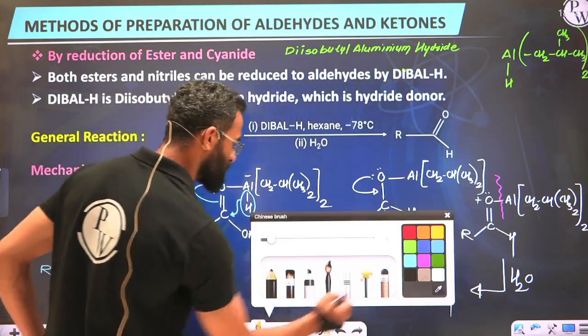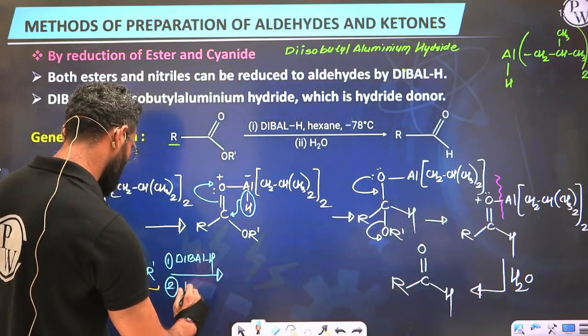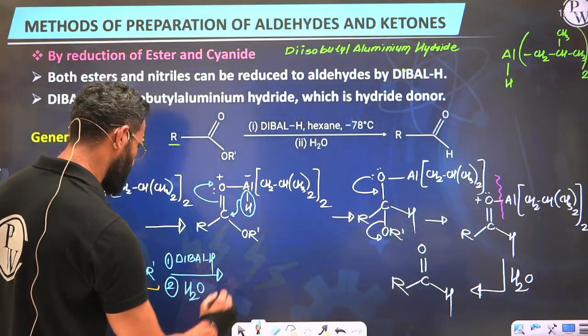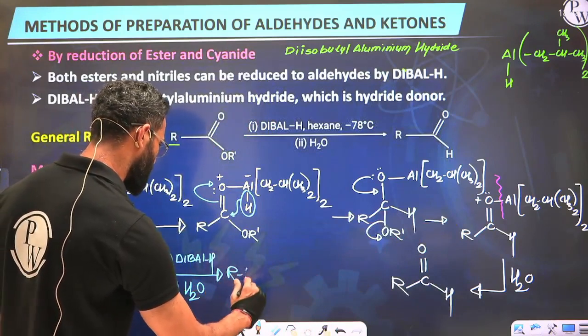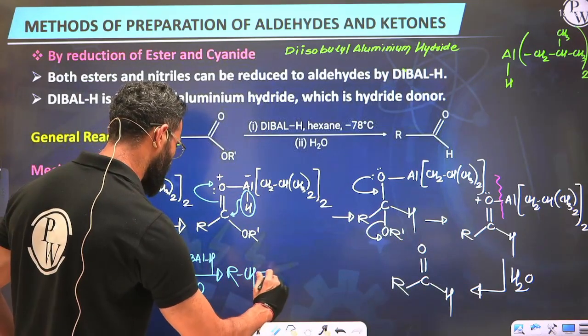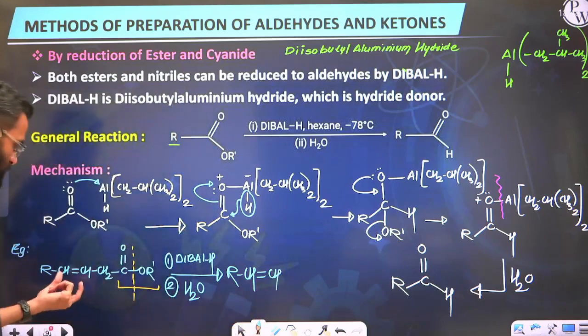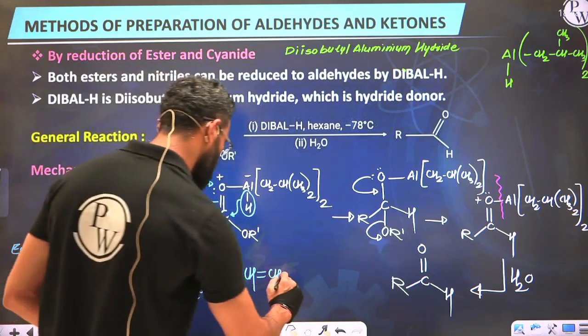Okay, second condition was hydrolysis. The product will be R. See, I'm keeping the double bond intact, so unsaturation hasn't changed at all. Further,